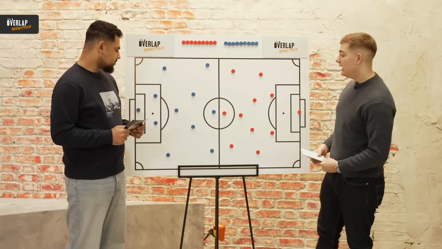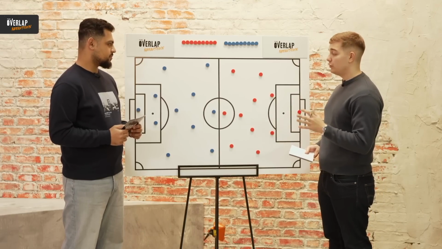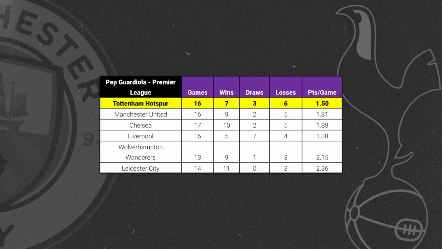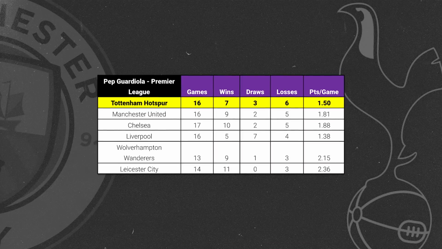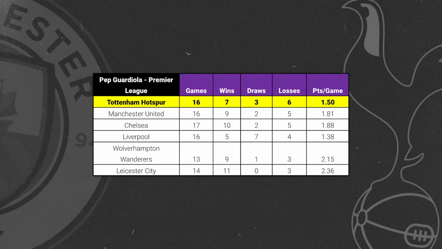And today we're here to cover everything tactical preview for the Manchester City and Tottenham Hotspur game. We're going to kick it right off from the top and say that since Pep Guardiola has come to Manchester City, the lowest points per game against any Premier League team that he's faced is Tottenham Hotspur. It's also the side he has lost the most games against. Out of 16 games, he's only won 7, drawn 3 and lost 6, leaving him with a points per game